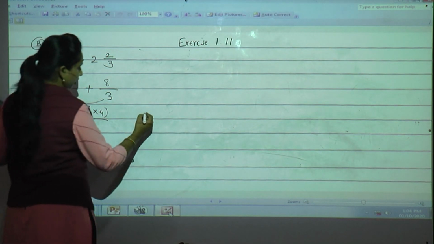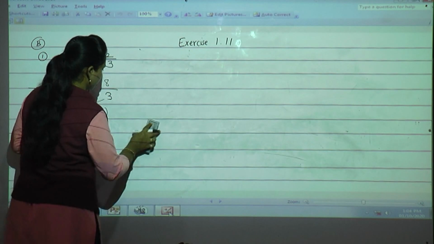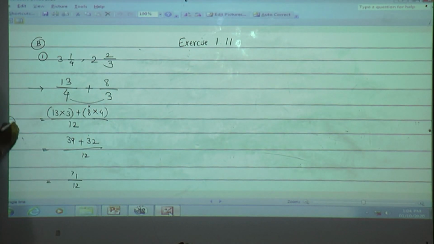Now I will do the rough work. This side I will do. 12 table, 71 is there? No, what is less than that? Yes, tell me. 60. 12 5s are 60 because 12 6s are 72. Here 71 is there. So 1 minus 0 is 1. 7 minus 6 is 11.